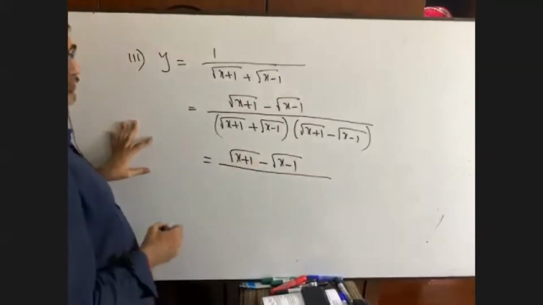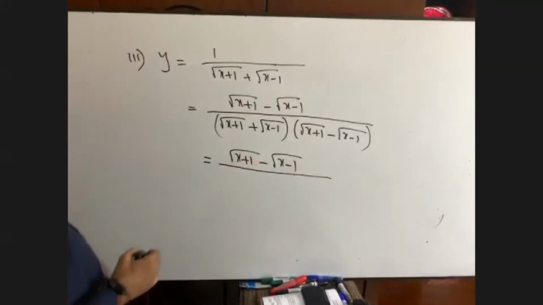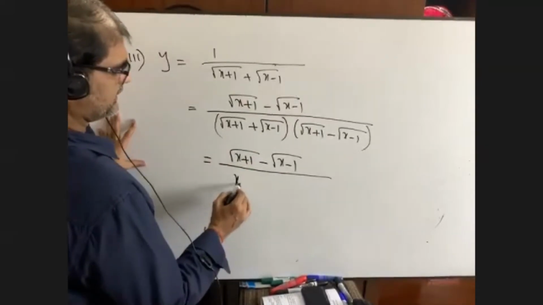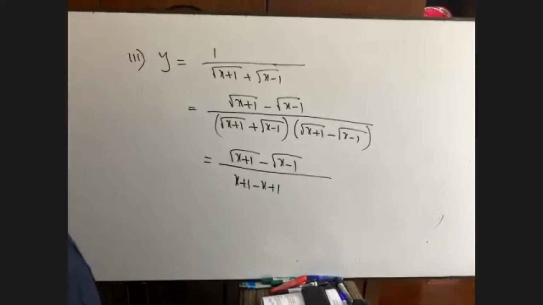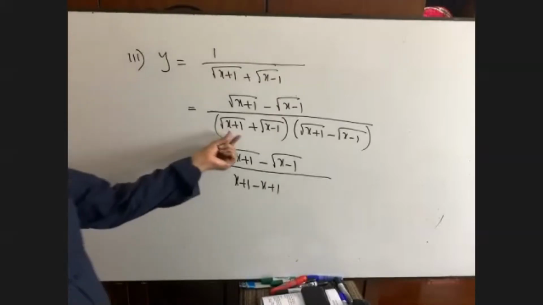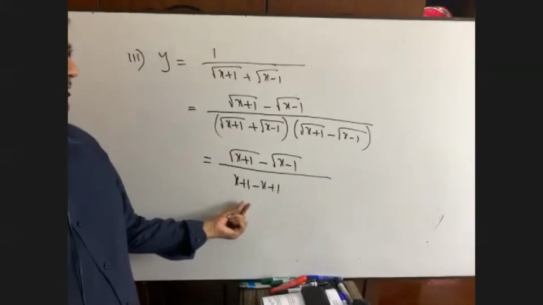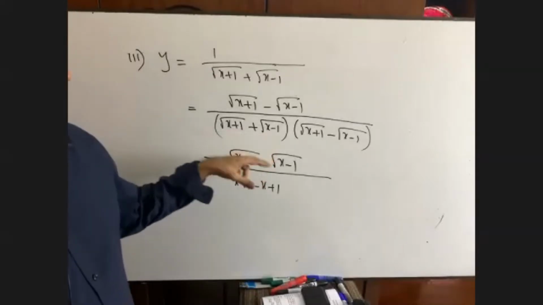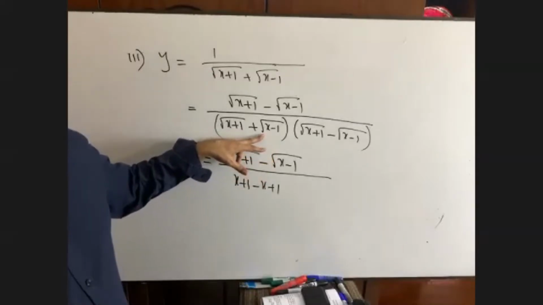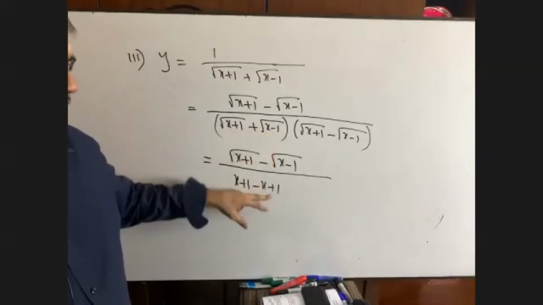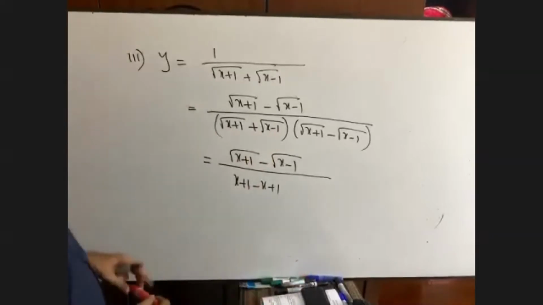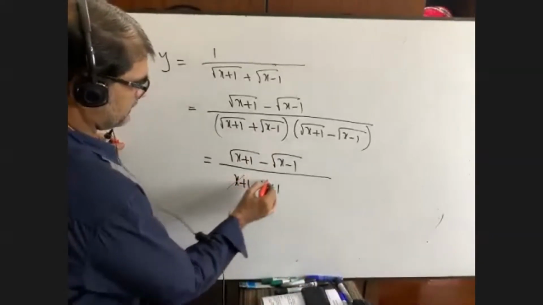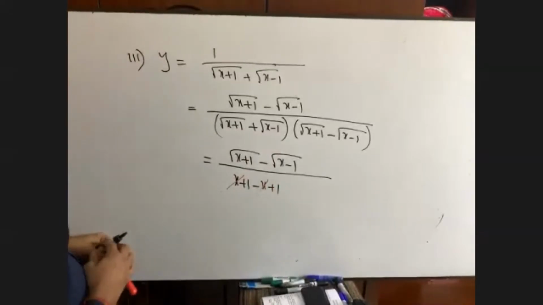Now you see, what will be here? Talk to me. A plus b, a minus b. That is a square minus b square. Have you got it? Yes, sir. A square minus b square. So a square means the square root will be omitted, minus, that means minus x plus 1. Okay? A square minus b square formula. I have skipped online here. Now the math is done, you see.